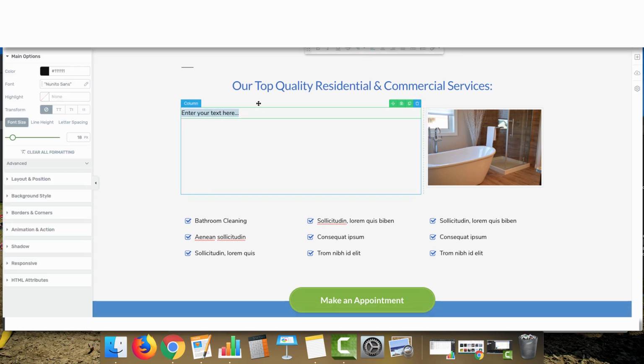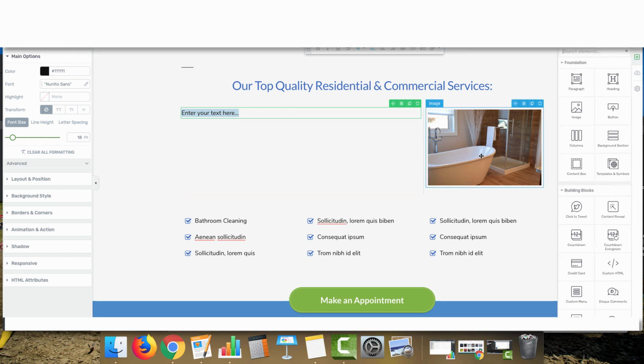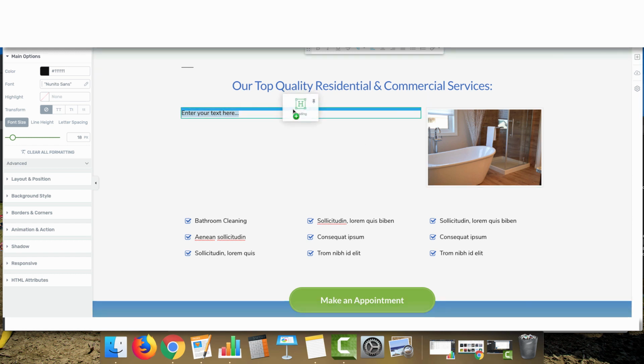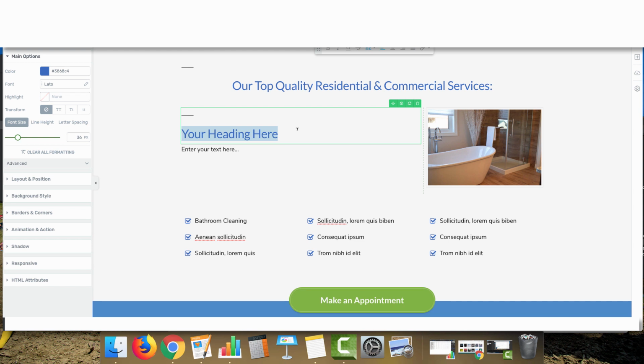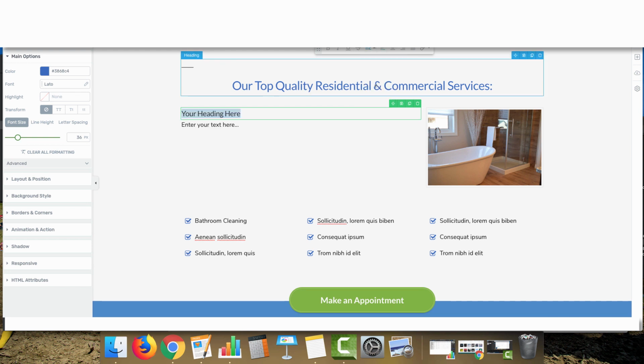So we're gonna have a couple paragraphs, but we're also gonna have headings here. So this is going to be right above it, and we're gonna make this H3 font. So it gets rid of this little dash, which I think is kind of cool because it does have a little bit of a dividing factor to it. But I'll usually use this section to describe each branch of service. So